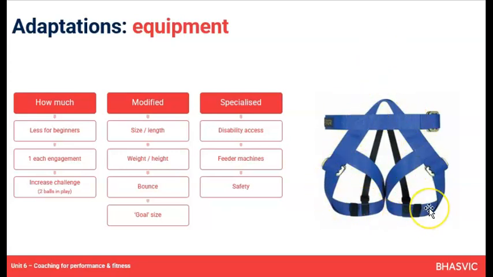Safety, so harnesses. In trampolining, gymnastics, but certainly in trampolining, if athletes are learning to do things like somersaults, yes, a coach can be on the trampoline with them and try and support them physically, but actually, if they're jumping particularly high, then having a harness gives a lot of confidence to the performer and security to the coach, that they're going to be safe, and even if they don't get it right, they're not going to fall. Climbing harnesses also, the same sort of principle really. The risk is maybe they get too reliant on this support equipment, and maybe they're not comfortable taking it off, is another sort of counterpoint, I suppose.